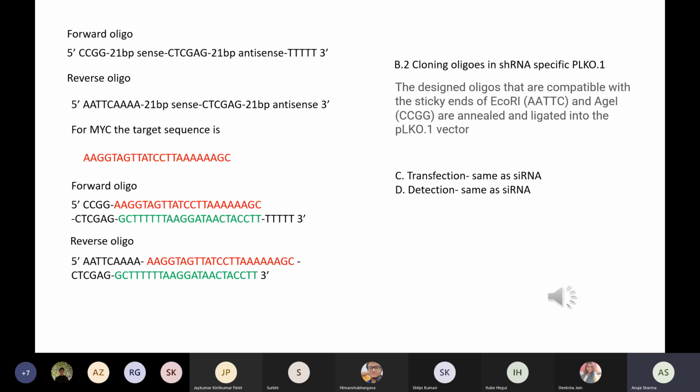So basically this particular green sequence will fold back on this red sequence, and it will form a hairpin. This will form the neck of the hairpin. Similarly, the reverse oligo will be completely, first of all you will have to put this restriction site, double